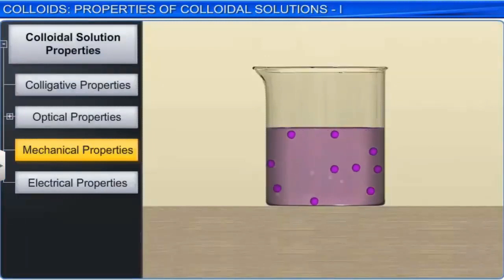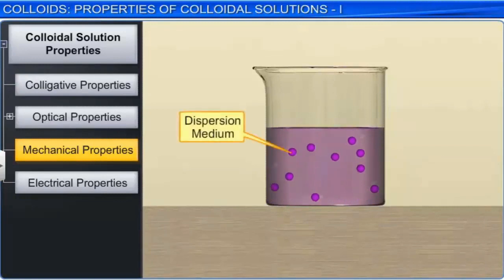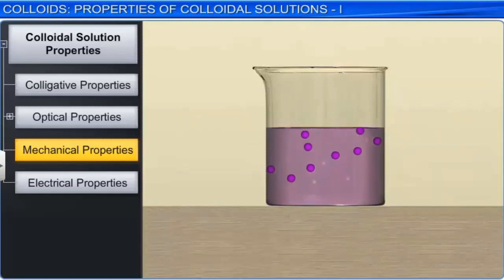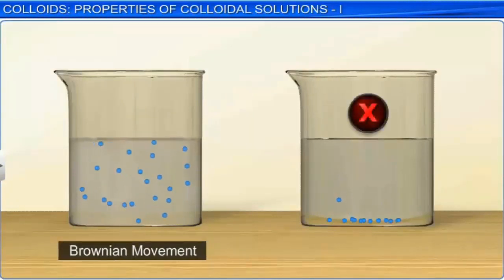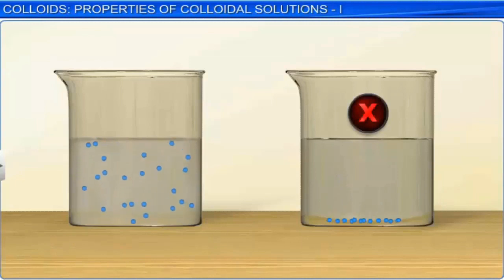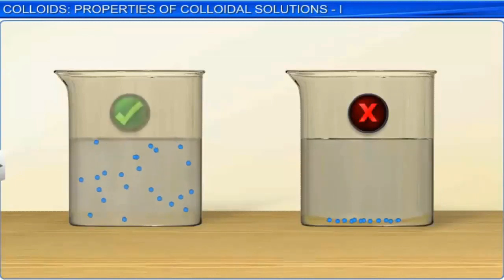Brownian movement is caused by the bombardment of the molecules of the dispersion medium against the colloidal particles of the dispersed phase from all sides with unequal and unbalanced forces. This movement opposes the forces of gravity and has a stirring effect, meaning that the colloidal particles resist settling rapidly to the bottom of the vessel. Hence, we say that Brownian movement is responsible for the stability of a colloidal solution.